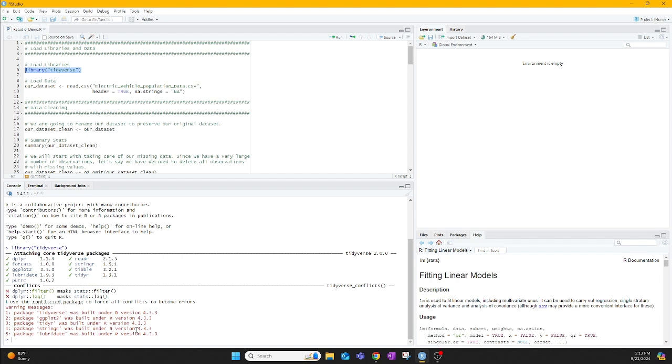Next, we will be loading our data set. We are going to name it our data set. We're going to use the assignment operator to assign our data to the name. We're going to use the read.csv function to read in our data. We have the name of our file in quotation marks as our first argument for our function, followed by the header argument,